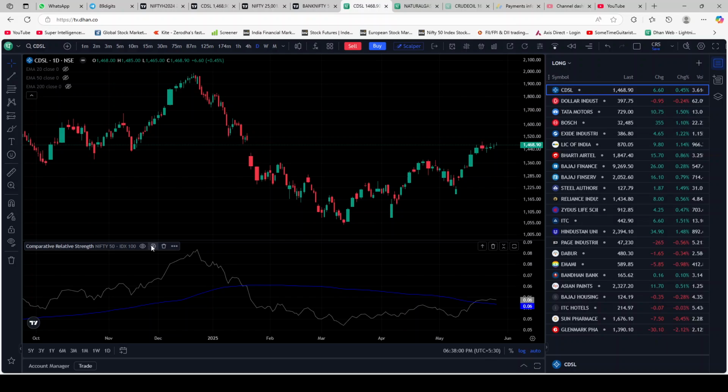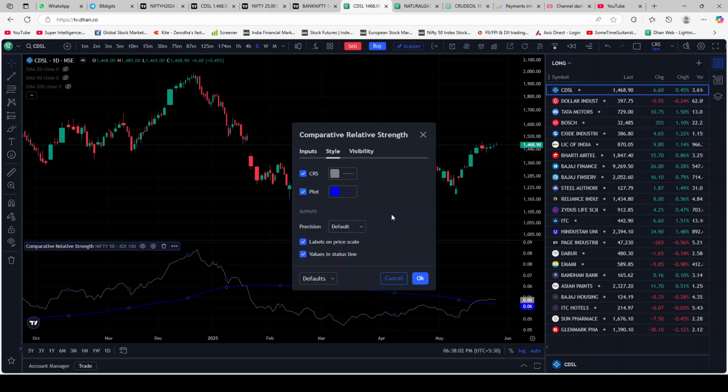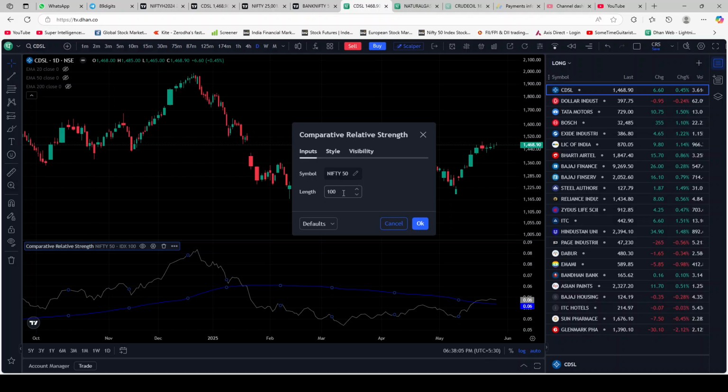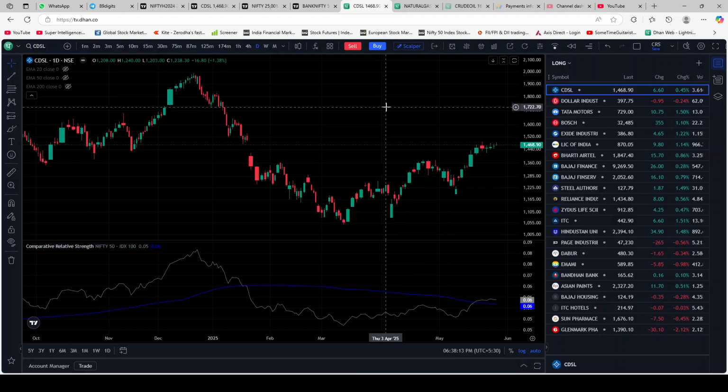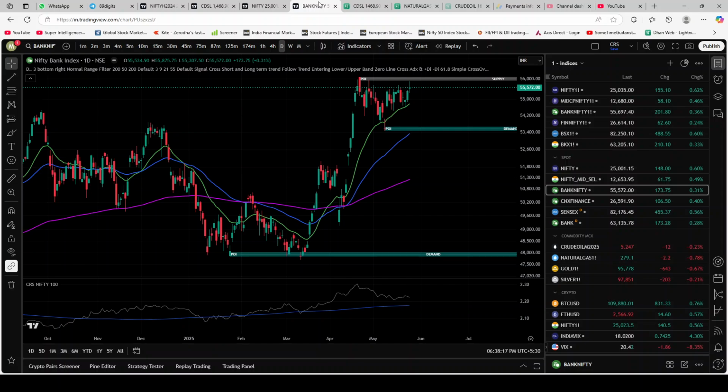So basically, when you want a base, in this case we are using Nifty 50 as the base. We have changed the length from 10 to 100. All right, and this is the way we have changed this length from 10 to 100, and we have left all of this the way it is. Maybe we have not even increased the thickness. We have just left it the way it is. Now, how can we use this on